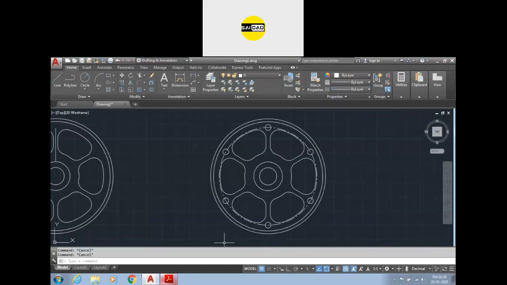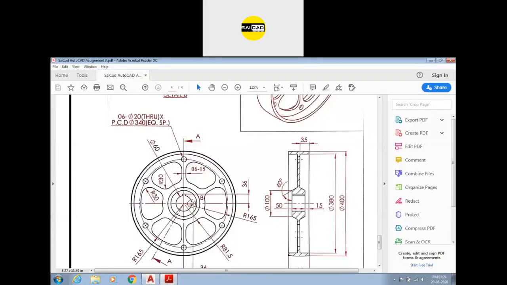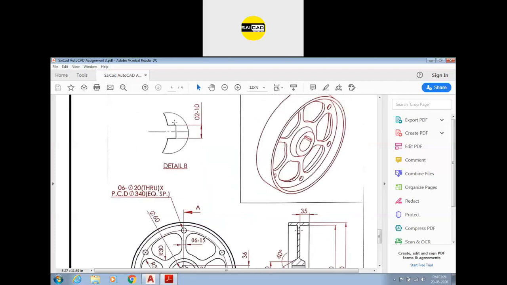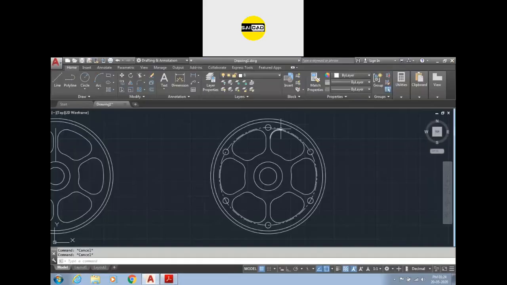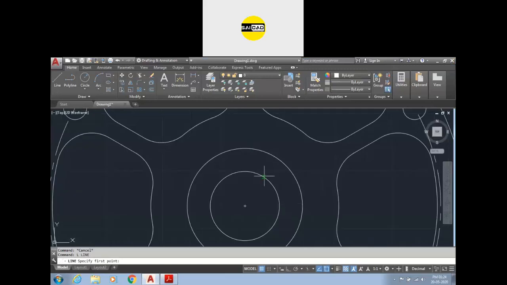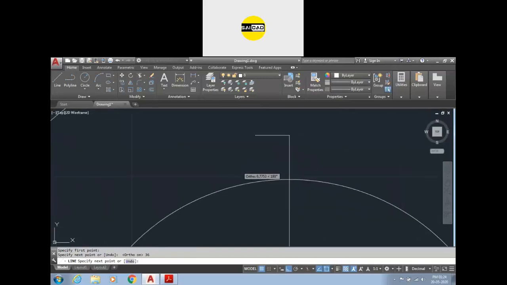Now there are two things left. First is the keyway. So we have the keyway at 36 height, and the size of the keyway is defined here. The size is 10 mm, its width is 10 mm. So select a line from the center, define the distance in the ortho mode. The value is 36. Okay, and in this direction the value is 5. Go downwards up to this point, and again in this direction go to the 5 up to this direction.